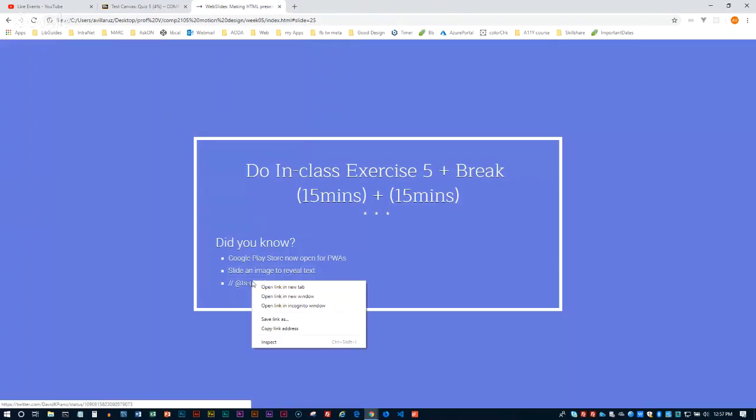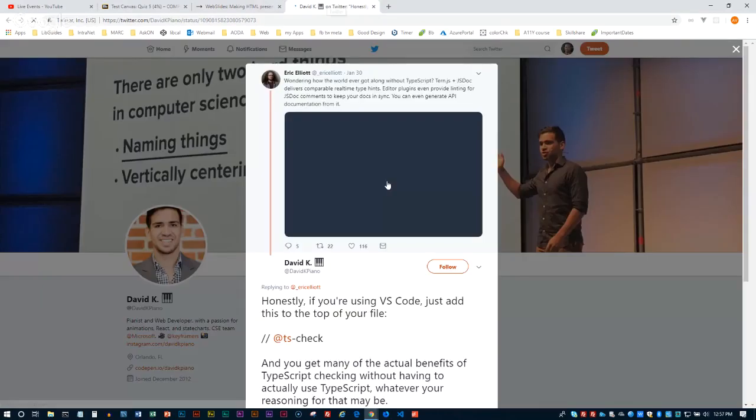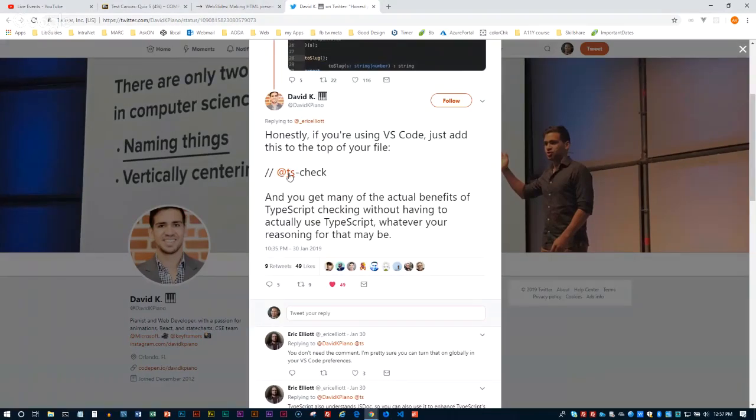And also another tip is this tweet here, which reminded me of something called TS check. If you're in VS Code and you add TS check at the very top of your file, you can actually get TypeScript checking. So let me show you an example of that. If I open up VS Code,